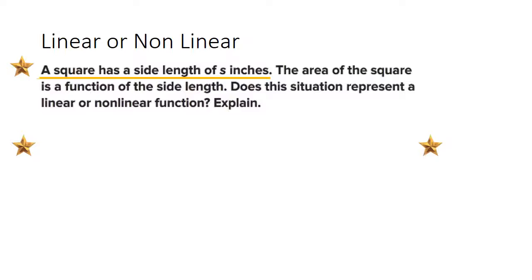4. The second sentence says the area of the square is a function of the side length. That means, all that means, is that we can choose the side lengths 1, 2, 3, and 4 to calculate the area. This is a great problem to use illustrations on since we're dealing with area